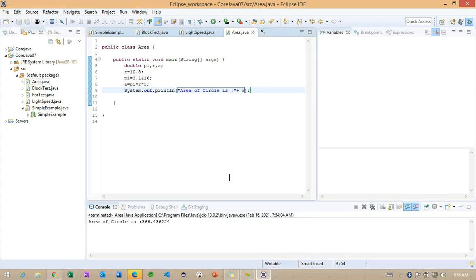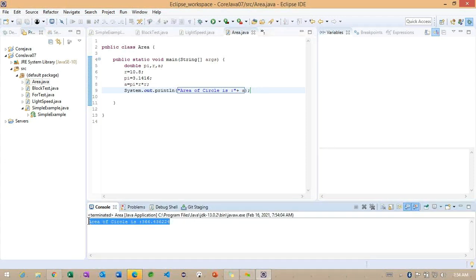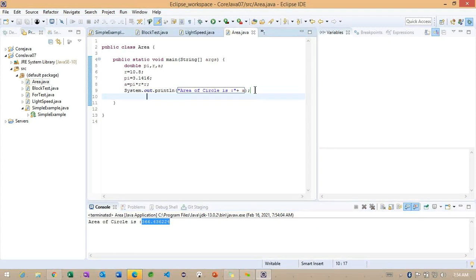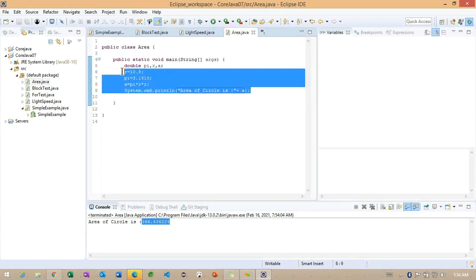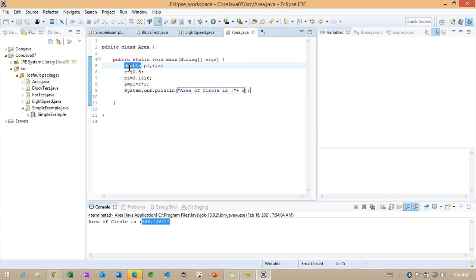Let me run the same example. You can identify here, this is the area of the circle, something like 366 dot some number we are getting here. So this is the way we can work with a mathematics-related example here. Right. And observe here, which data type we are using is also important.